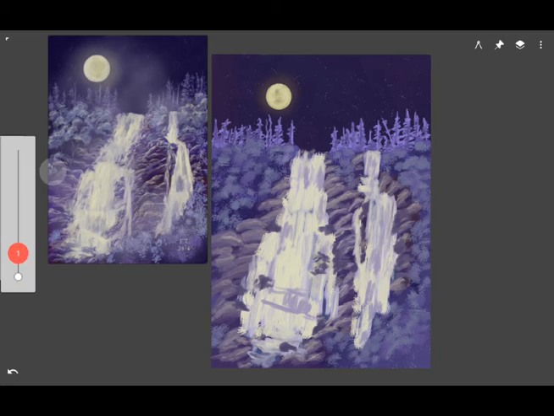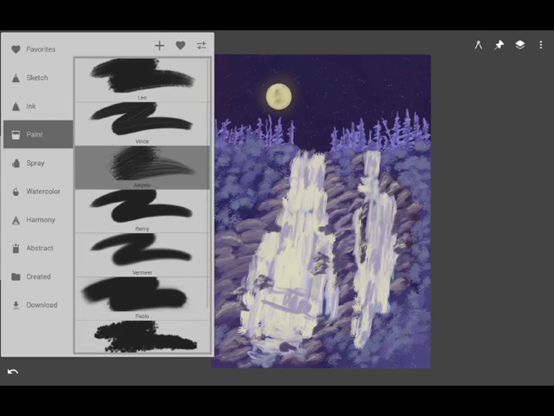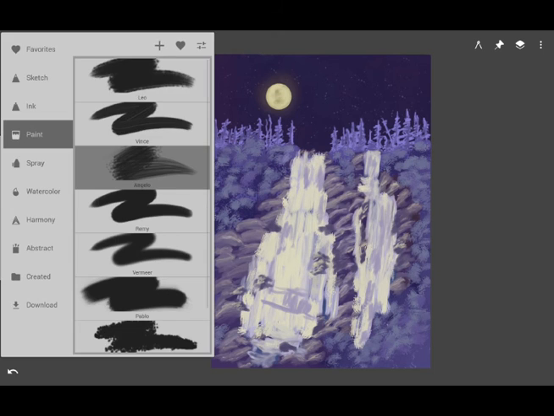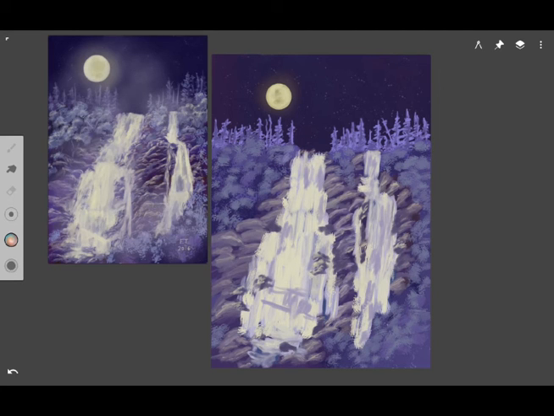So you want a really bright highlight on these rocks because they're in the water and they're catching the moonlight and it's glinting off the wet surface of the rocks. So you want to highlight these rocks with white acrylic gesso with a touch of cadmium yellow. And then you can go back in, and here I just blended the dark in again